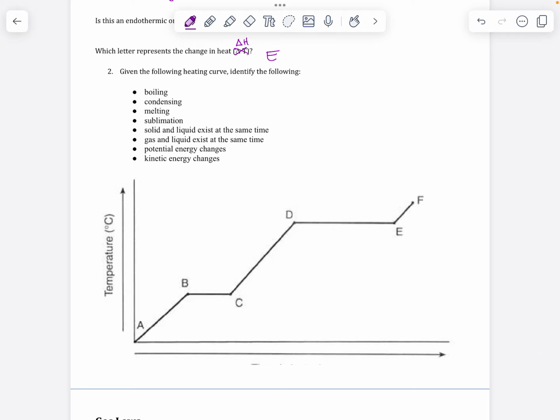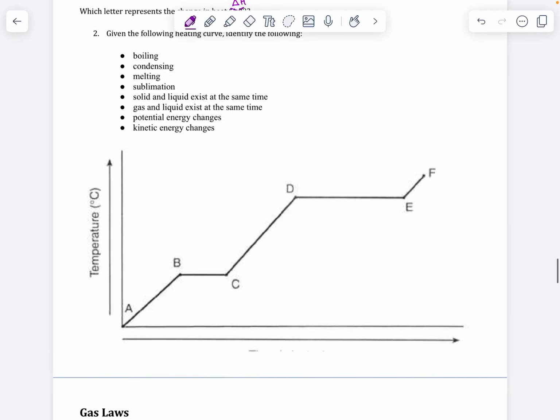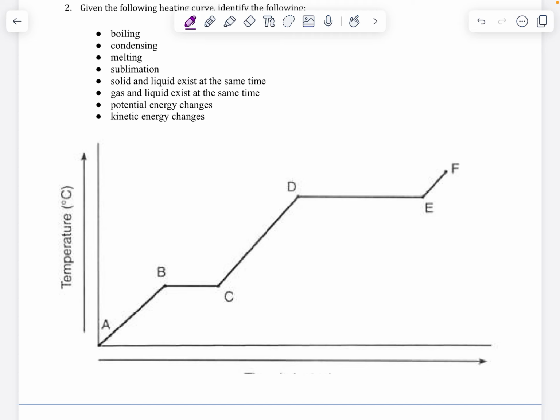Given the following, identify the following. Here's how I like to look at this, all right? Knowing that there are three states of matter primarily that we talk about, and there's three parts of this that are curved upward. So from A to B, C to D, and E to F, those are all of our states of matter, right? So this is where something is completely solid, this is where something is completely liquid, and this is where something is completely gas, right? And because temperature is, by definition, a measure of